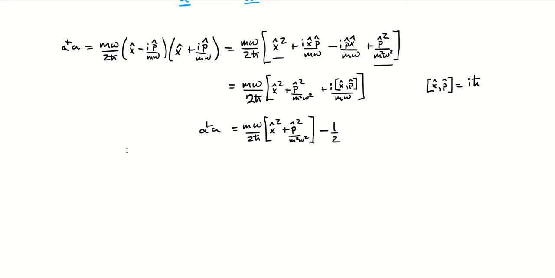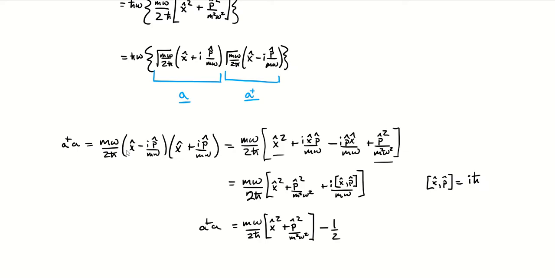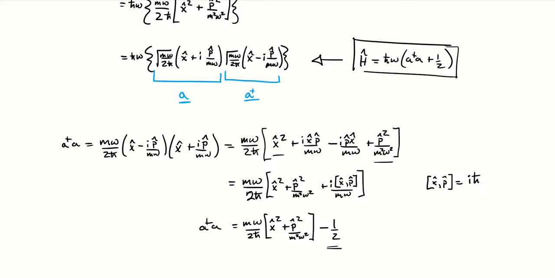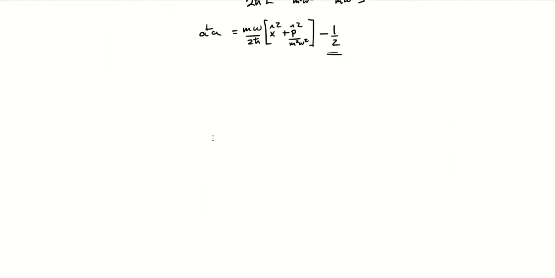So if we want our Hamiltonian to be written in terms of these raising and lowering operators we got just by factoring this thing out, we can go back up to what our Hamiltonian was here. Hamiltonian is equal to h bar omega A dagger A, but to get rid of this 1/2, we have to add 1/2 there. So we've managed to rewrite our Hamiltonian in terms of these raising and lowering operators that we got just essentially by factoring that Hamiltonian. Great. So what does that get us?